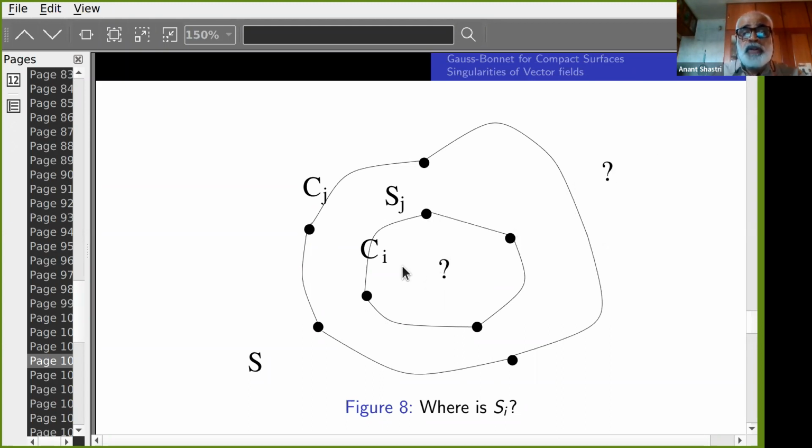Okay. I want to claim that it is not here. It is not this portion. Why? Because if that is the case, then this whole SI is contained inside SJ. Then it won't be a minimal union, right? We have assumed that it's minimal. One is not contained in the other. Therefore, it follows that this SJ is some portion is here all the time, and this annular portion is covered by this one, and this is the boundary of SI.